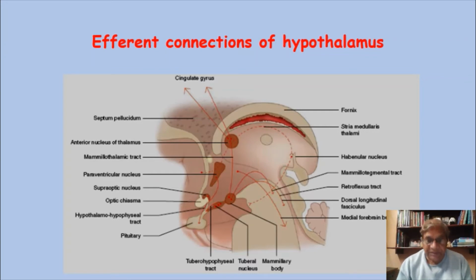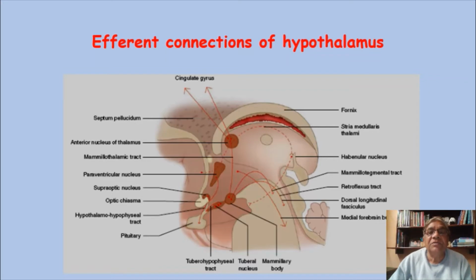That means from the mammillary nucleus these fibers will arise and will go through the mammillothalamic tract to the anterior nucleus of the thalamus. See, this region is thalamus. Here is the subthalamic sulcus, and below that is the thalamus, and this is the mammillary body. And we have seen that from the mammillary body, the efferent fibers of the hypothalamus will go into two bundles. One is the mammillothalamic tract.